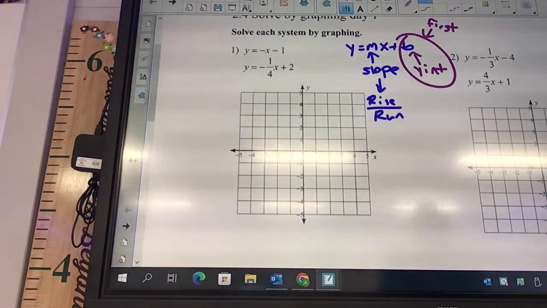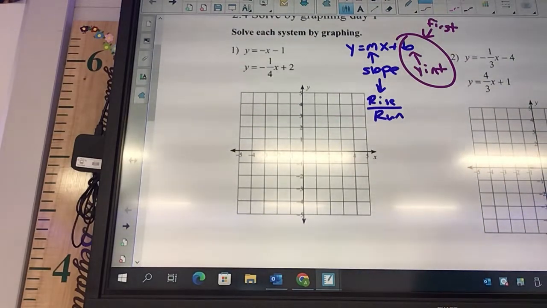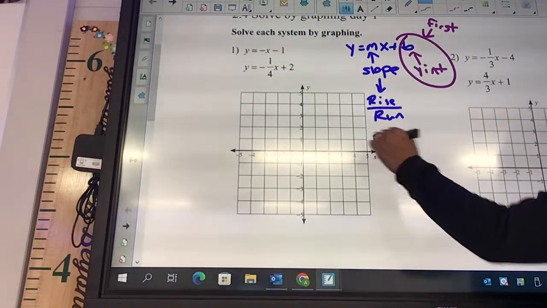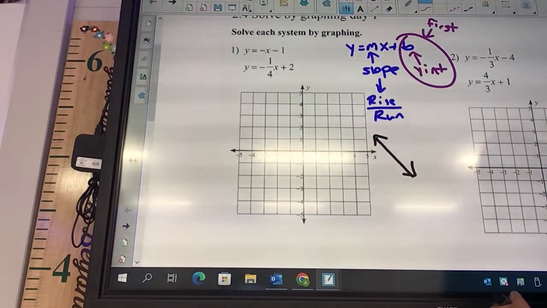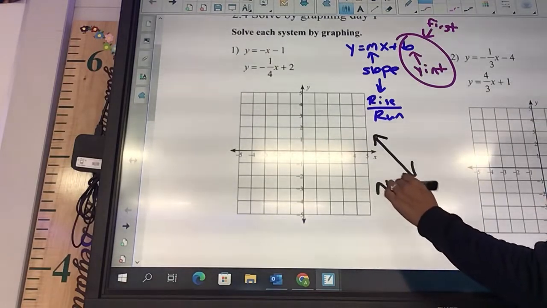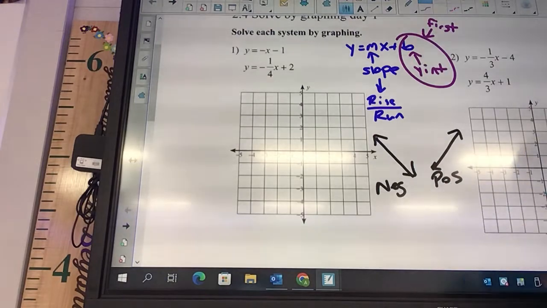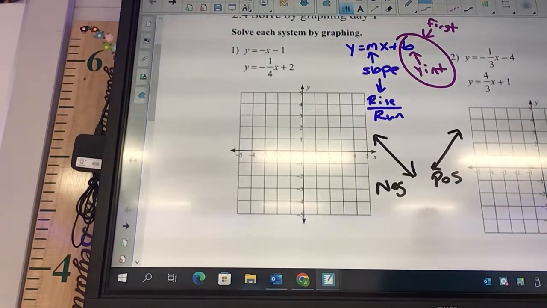Okay, and then the only other note that you need that we talk about habitually is positive and negative slope. Is this one positive or negative? This one is negative, okay, and this one is positive. So we've done this already before. We've graphed one line before. Today we're just graphing two on the same